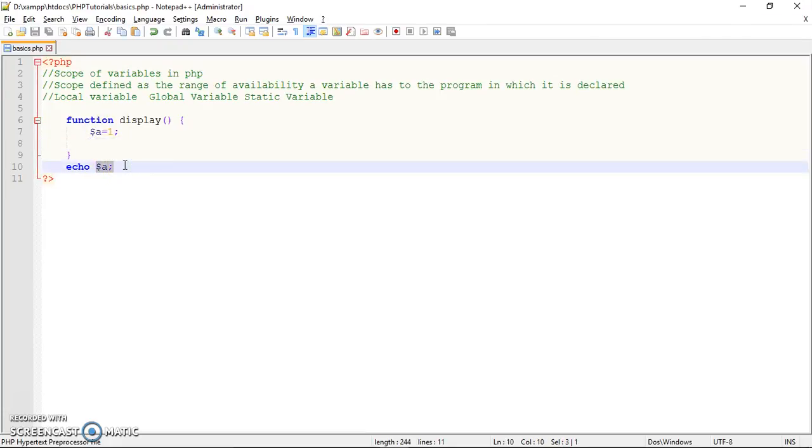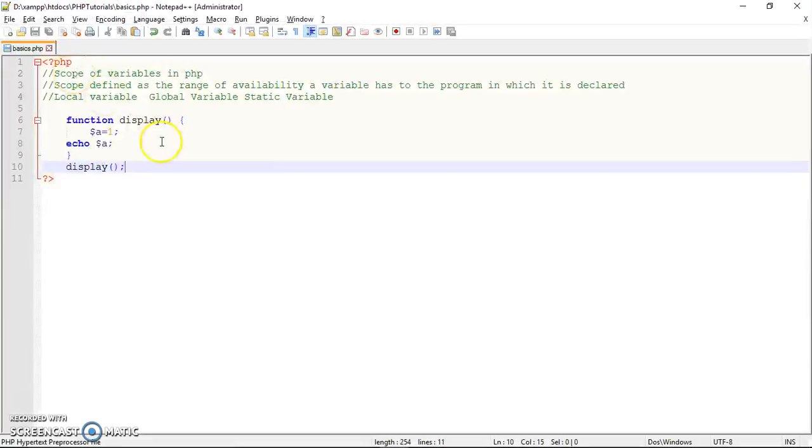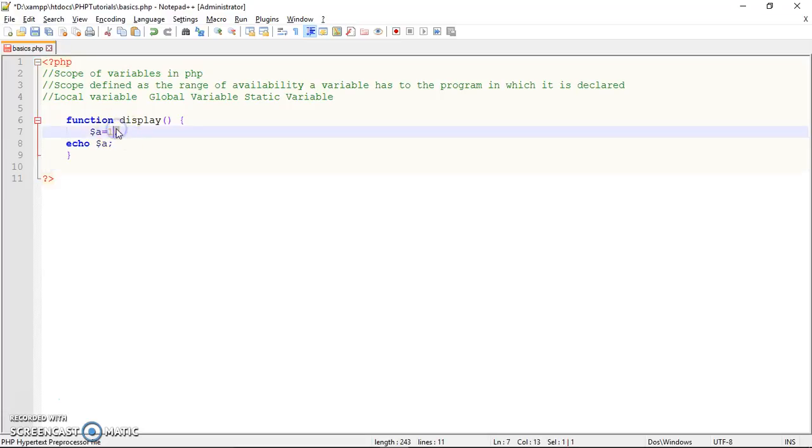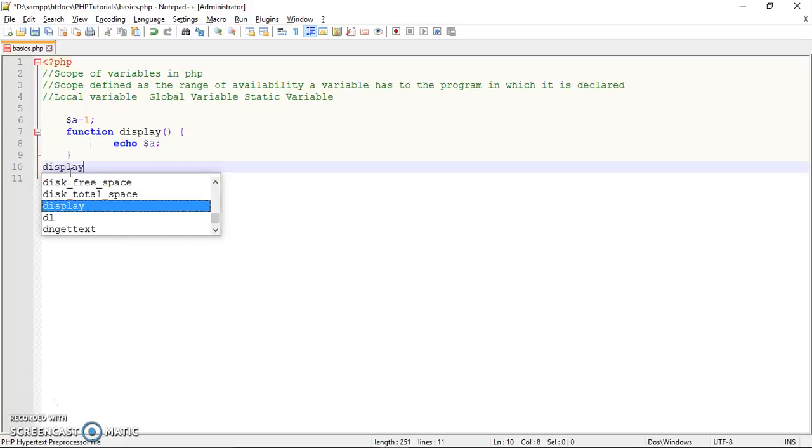So if I shift this echo statement and take it inside the function, and if I call this function, you would see that no error would be generated and the number 1 would be displayed on the screen, since this variable a is now available to the echo statement. Now to understand this in a better way, let's now declare this variable outside the function, and we are now accessing this variable a, which is declared outside the function. Within the function we are trying to access this variable a. So if we call this function in this fashion,